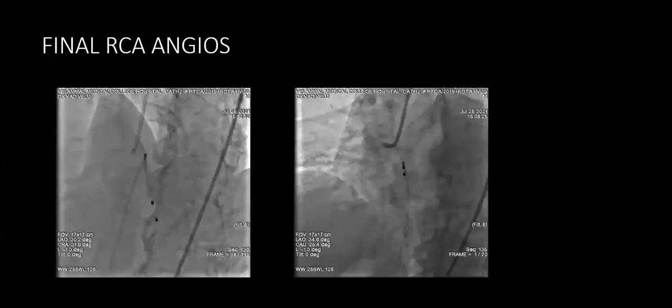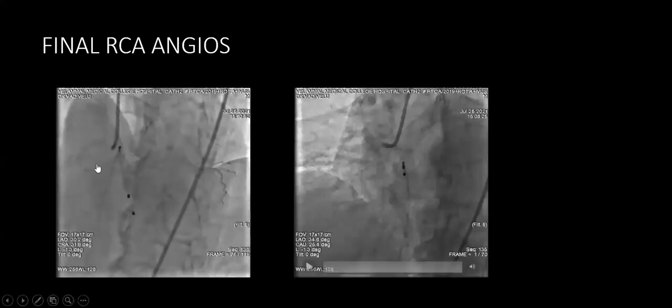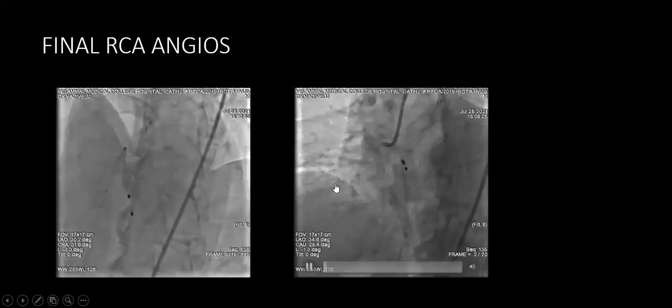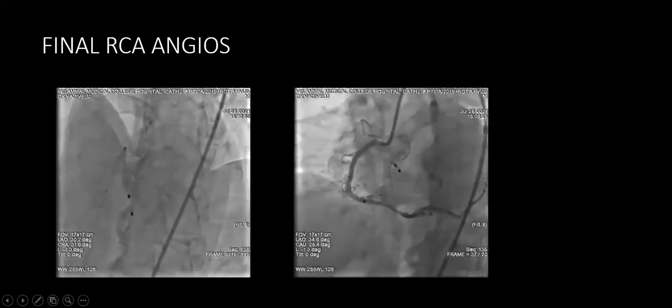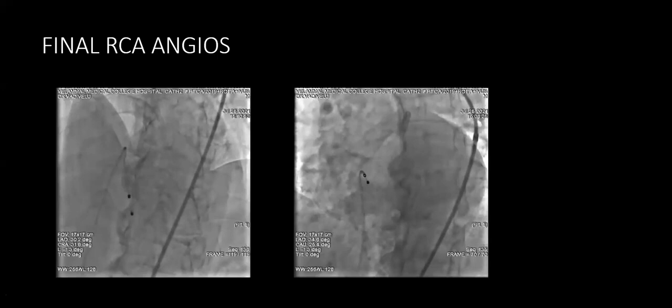And this is the final pictures. So you can see the spot at which the tightest calcium point at the mid RCA yielded really well. This result you can never get without adjunctive therapies that can ablate the calcium. So either you should use IVL or you should use rotablation, but this patient couldn't afford